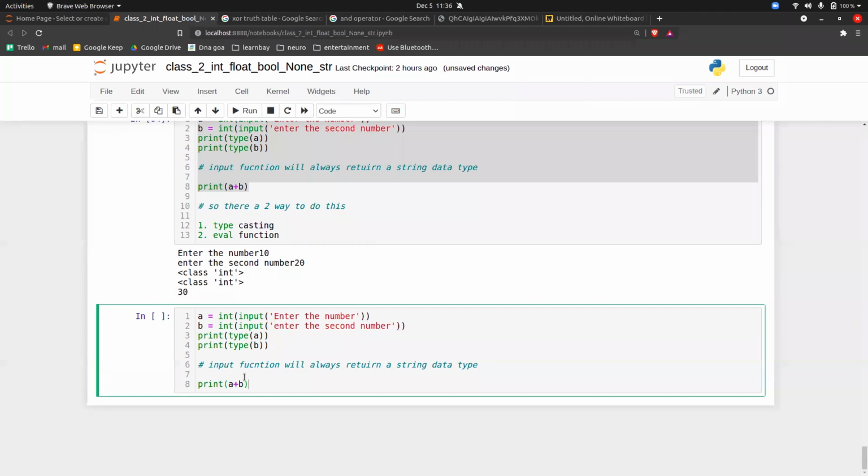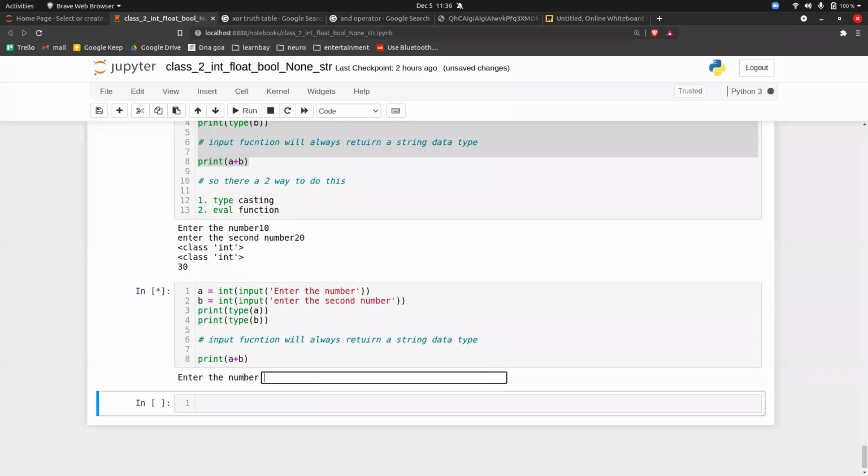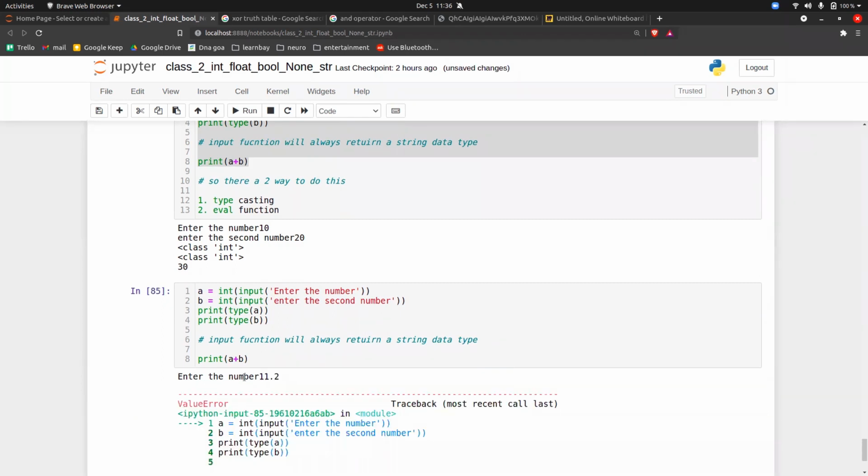What Gurpreet and Adisham are saying is, if you enter 11.2, can you convert the string 11.2 into an integer? If you do this, it will give an error, that is a value error.